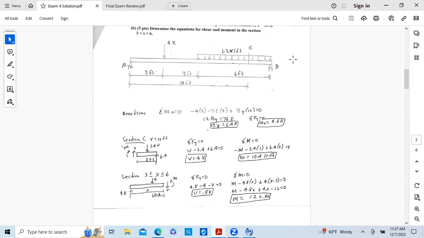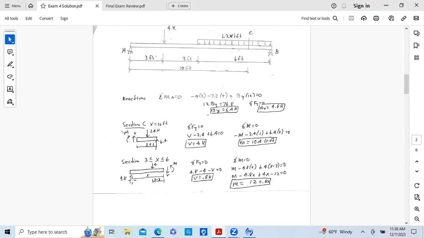Okay, the second part, B, is we want to write equations in the section from 3 to 6. So this is the sections from 3 to 6. This is the easiest type of equation you can write, and the reason for that is that you're not involved with any of the uniform distributed loads. So X starts always from the far left of the beam to somewhere in this 3 to 6 section that we have. So here's